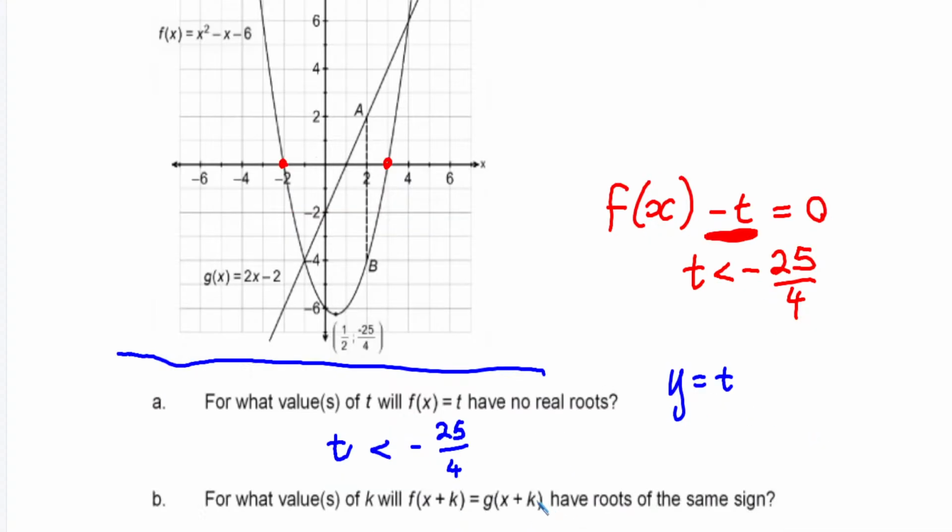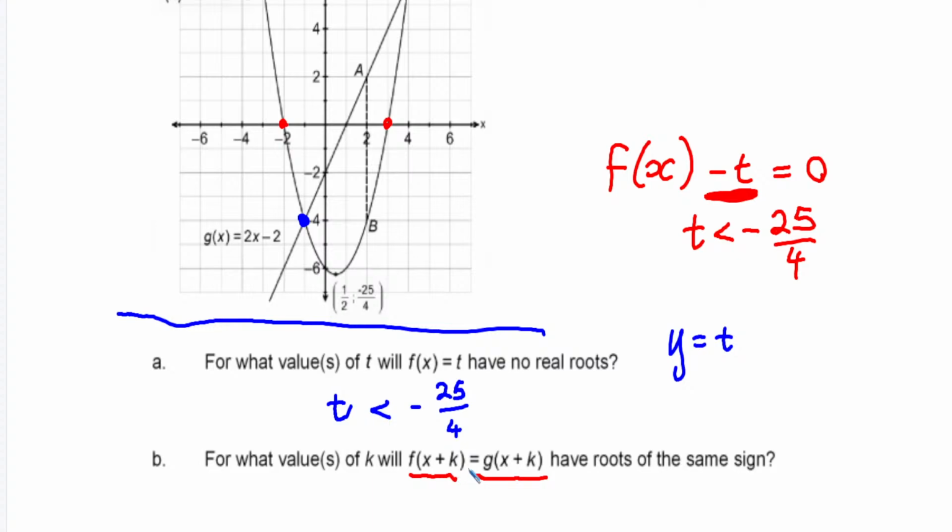Okay. For what values of k will f of x plus k equal g of x plus k have roots of the same sign? Now, basically, there's our function and there's our function. At the moment, these two functions intersect one another once with a negative root and once with a positive root. By the roots, we mean the x values at which they intersect. Now, when we add k in here to both functions, the entire picture, both of them, are either going to move left or right. If I wanted both these points of intersection to be positive, I would need to move right,